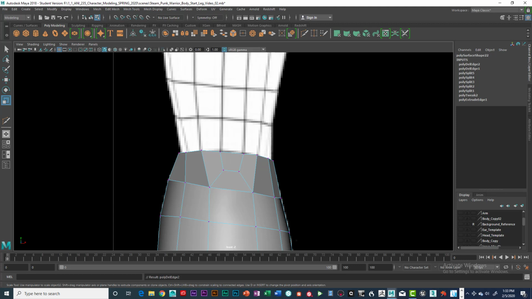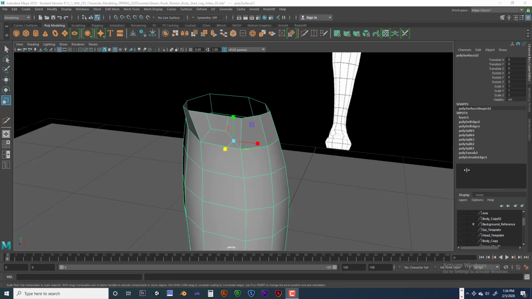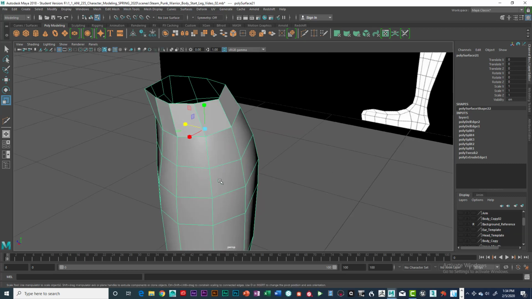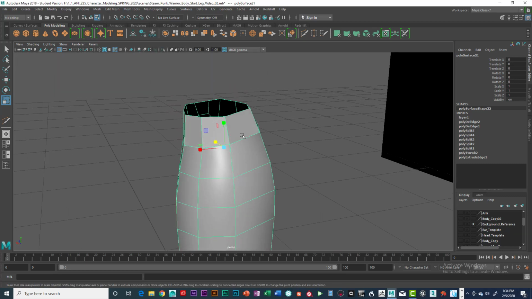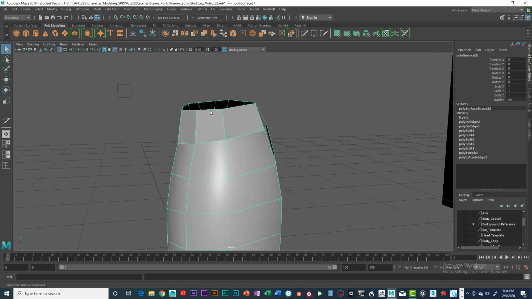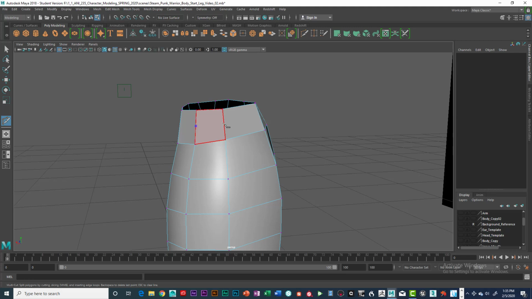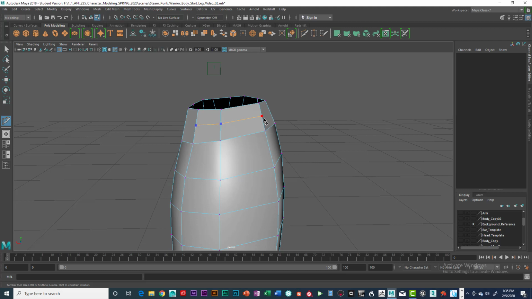Okay, so when we get back, I'm going to pause it just for a second. Okay, we're going to go to the back and do the same thing back here. We're going to split these two up and hit the Q key, and we're going to split up right in through here. So I'm going to hold down the shift key, right mouse button, go to multi-cut, and we're going to cut from here to here and to here. Hit enter. And I'm going to cut from here to here, enter, cut from here to here, and enter, and then